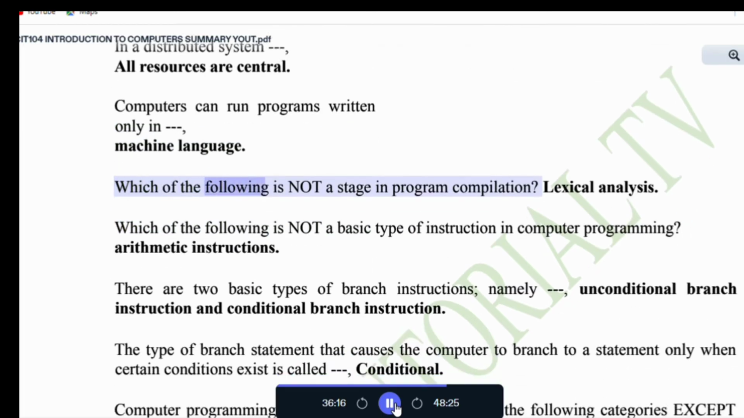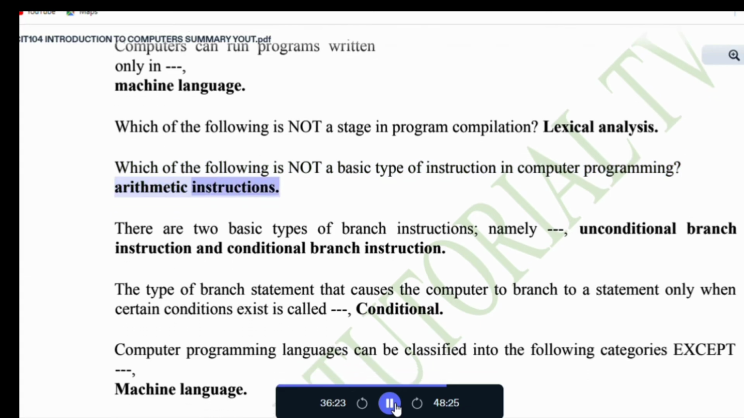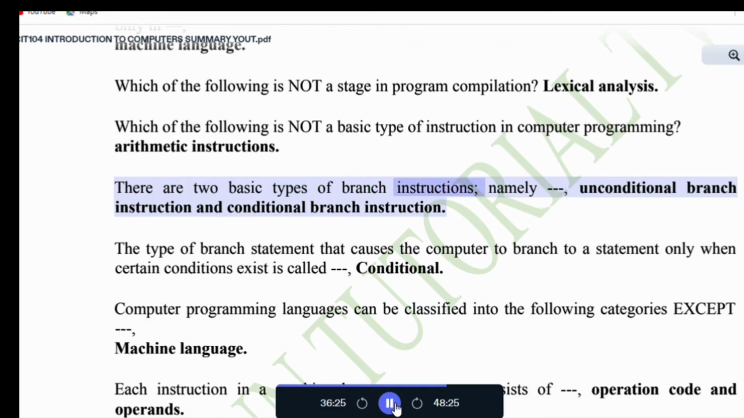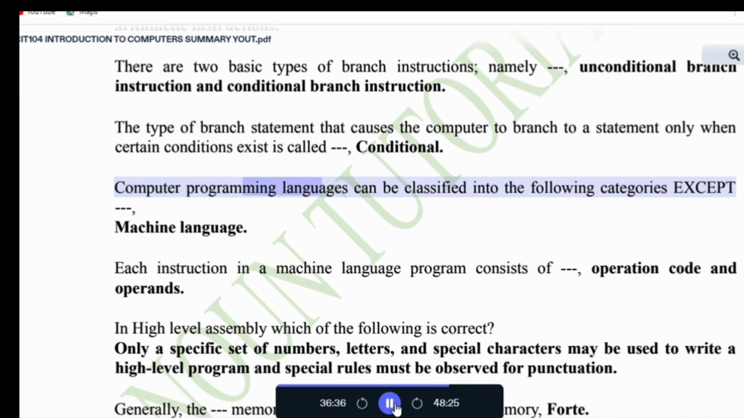Which of the following is not a stage in program compilation? Lexical analysis. Which of the following is not a basic type of instruction in computer programming? Arithmetic instructions. There are two basic types of branch instructions, namely unconditional branch instruction and conditional branch instruction. The type of branch statement that causes the computer to branch to a statement only when certain conditions exist is called conditional. Computer programming languages can be classified into the following categories except